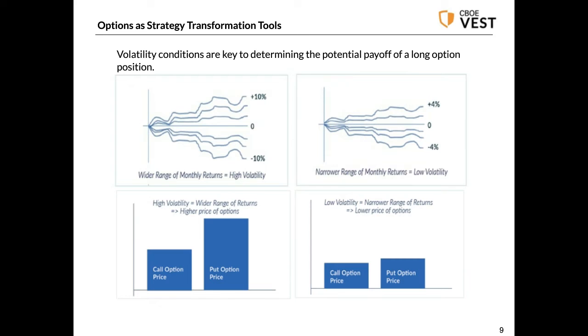So let's just flesh this out a little bit. First of all, this is a profile that shows how volatility conditions matter. In a higher volatility environment, you will tend to have higher prices for options, whether it's a call or a put, because there's a greater likelihood that the option will be delivering a profit, being above or below a strike price. Also, you see here that the volatility dimension is time-specific. If you hear that the VIX is at 15, or 10, that's an annualized statistic.